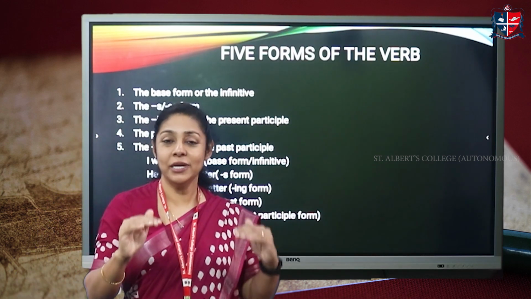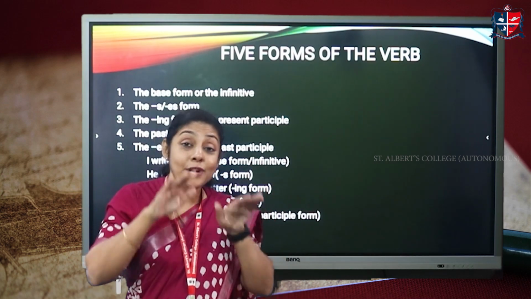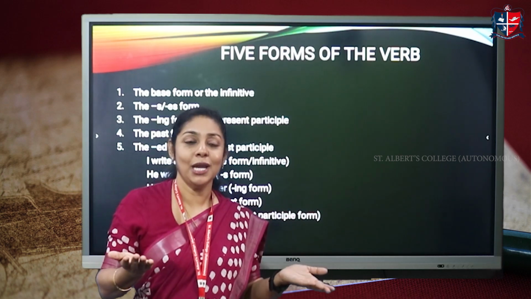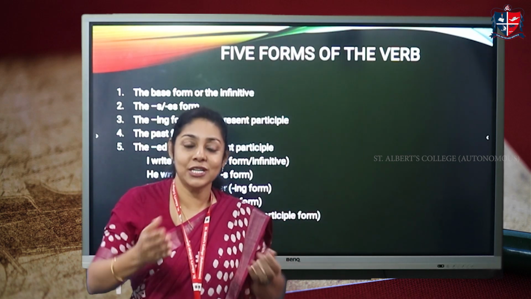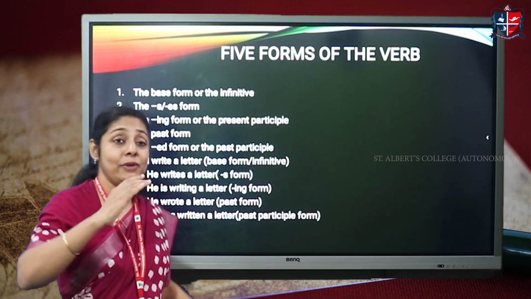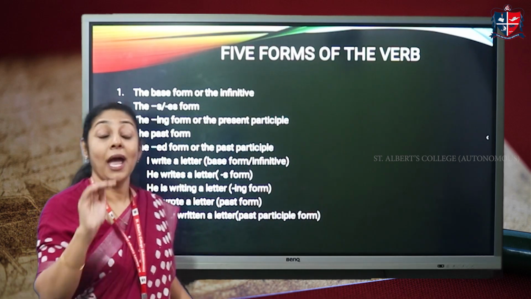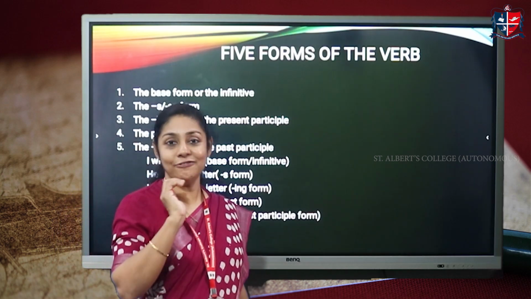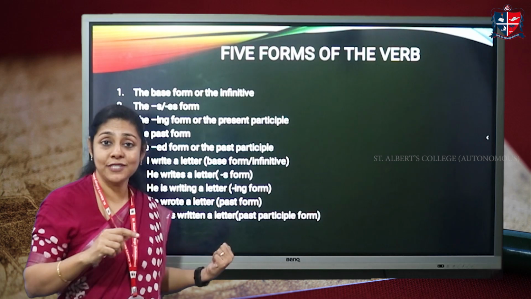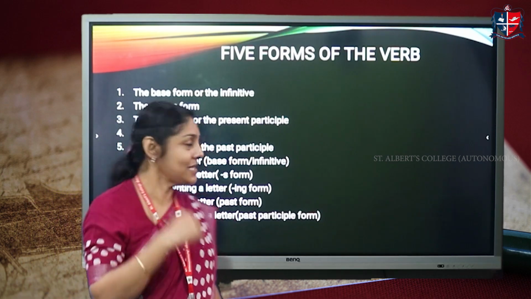It's a base form, it's the infinitive, it's called the bare infinitive because from the base we build things, right? Whenever we build something, we need to have a base or a foundation. From that, you build a structure. So here also, when we build the different forms of the verb, we need to have a base form, and the base form is called the infinitive or the bare infinitive. So the first form is the base form or the infinitive. Let's look at the verb jump, study, etc.